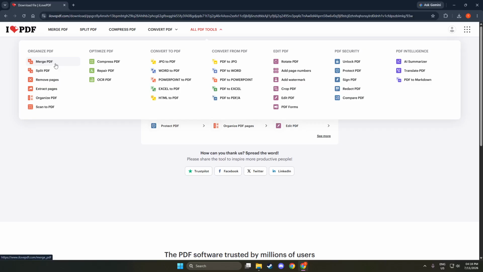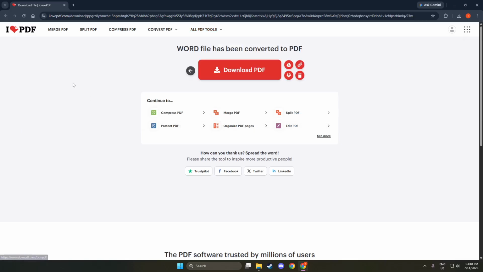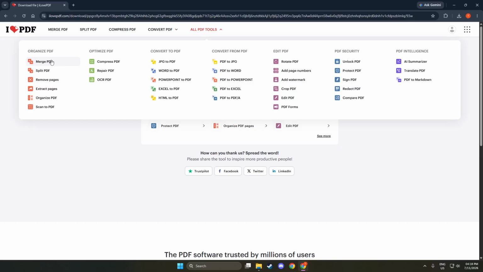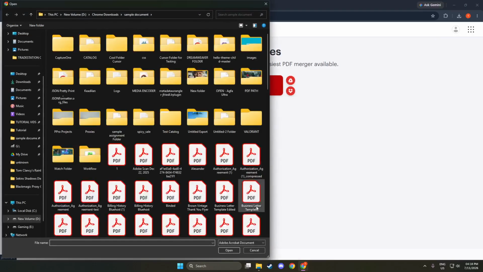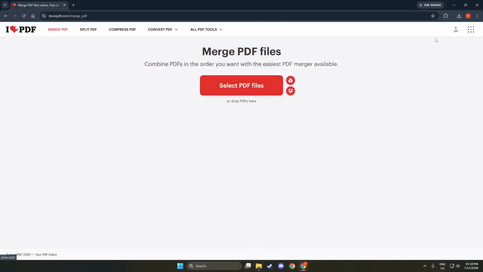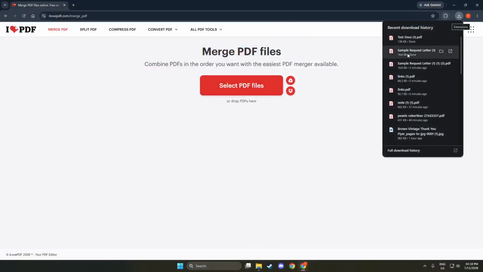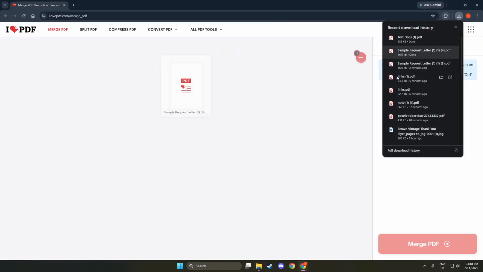With your PDF files ready, go back to iLove PDF and open Merge PDF. Return to the main interface of iLove PDF and locate the Merge PDF option. Click on it to enter the merging section. This step is crucial because it allows you to combine multiple PDF files into one cohesive document. Having all your content in one file makes sharing and organizing much simpler.